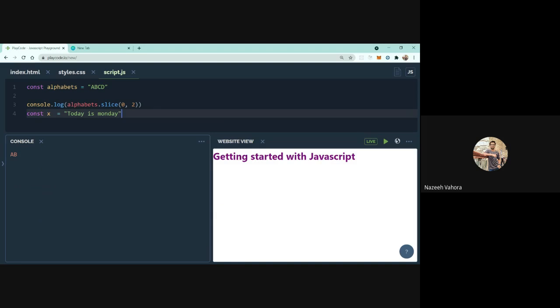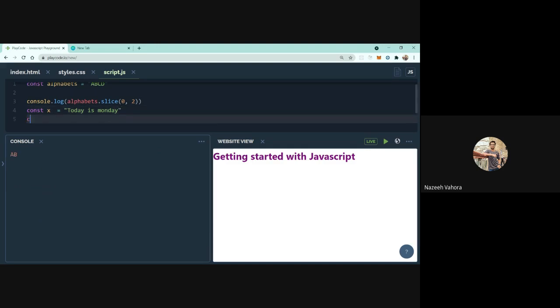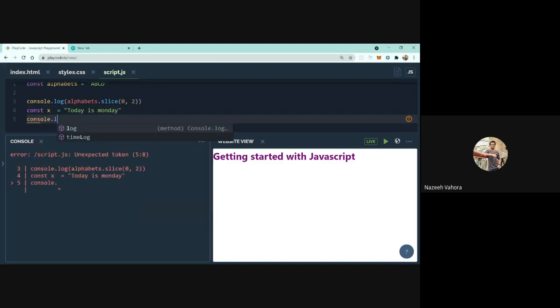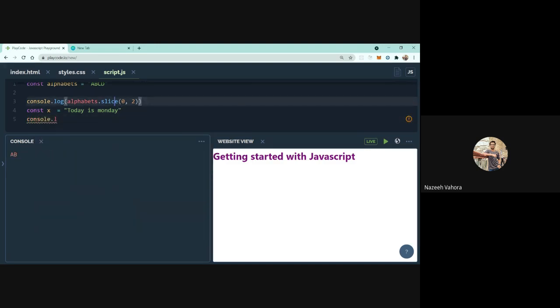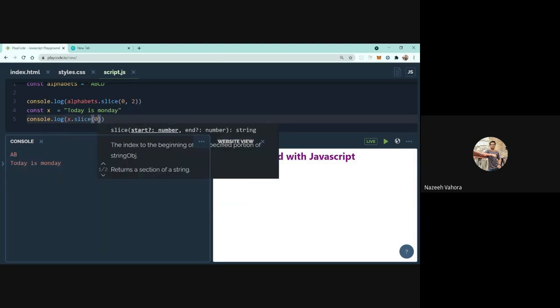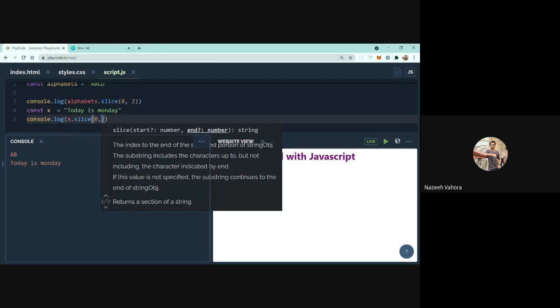Now if I want this word today from this whole sentence, then we can also use the slice method to get that word. Let's say x dot slice, and here we are specifying the starting index and the end index, 0 1 2 3 4.